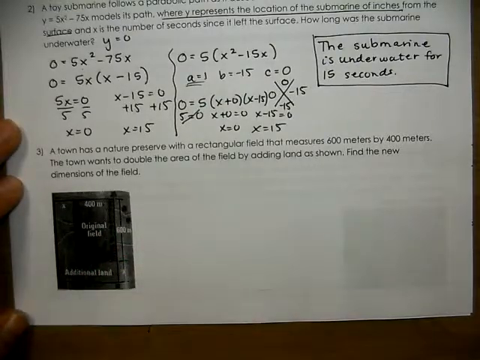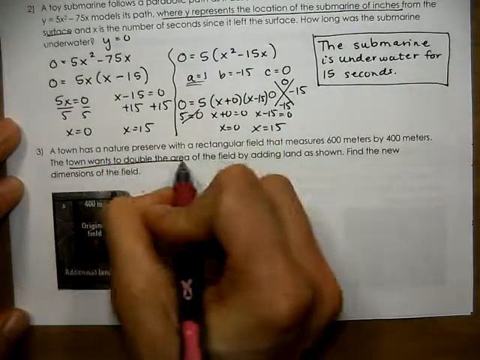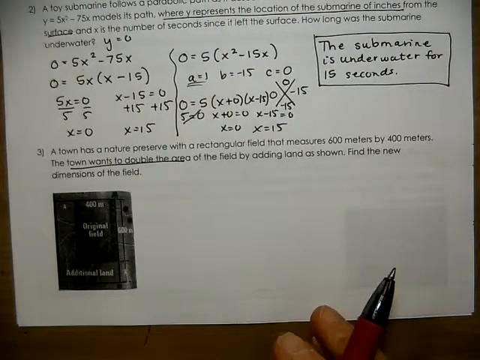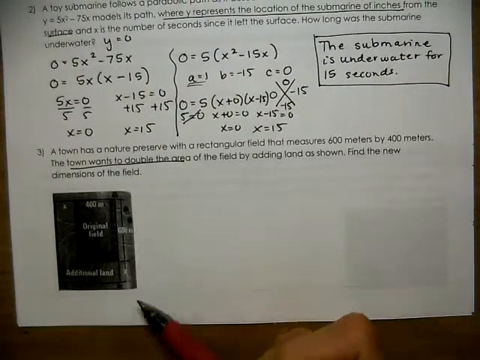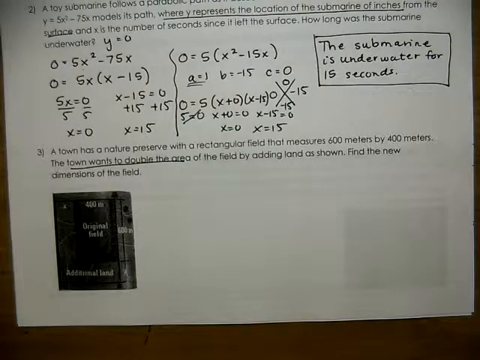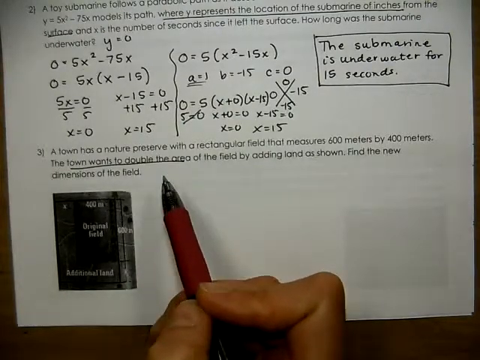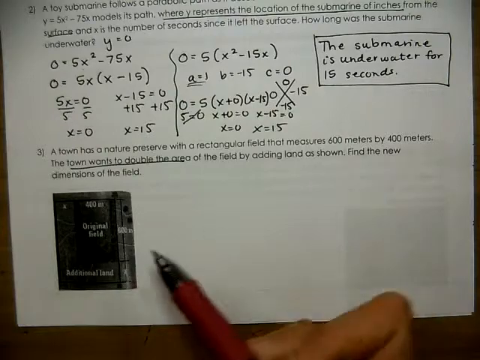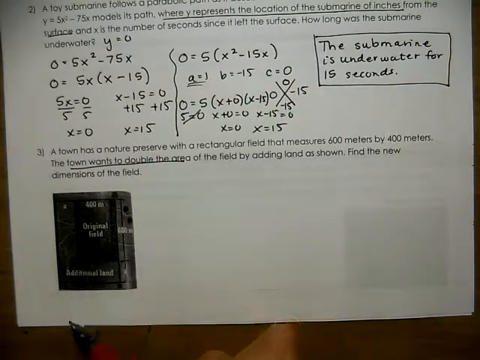They're going to add on to it, and they want to double the area. So we want to double the area. We need to find the new dimensions of the field. And when we say dimensions, it means its length and width. So if I want to double the area, I'm thinking through this. I need to first figure out what is the original area, and then what would that be